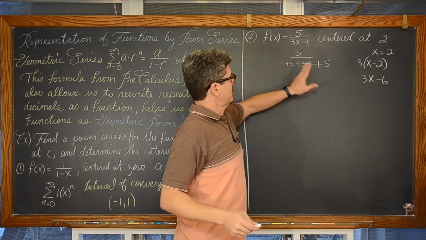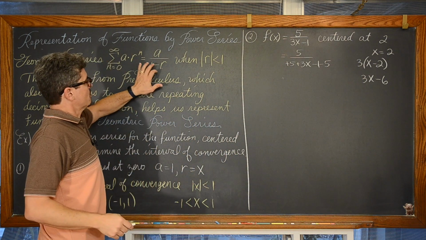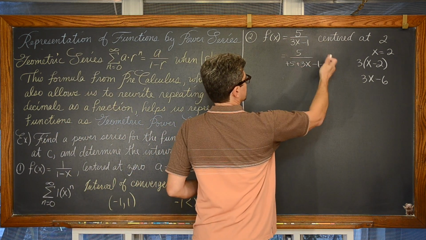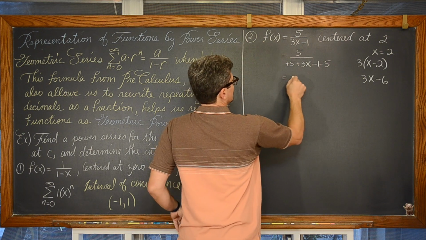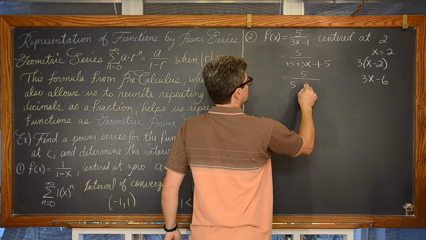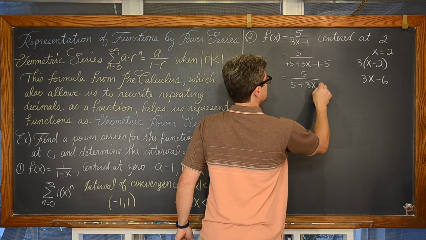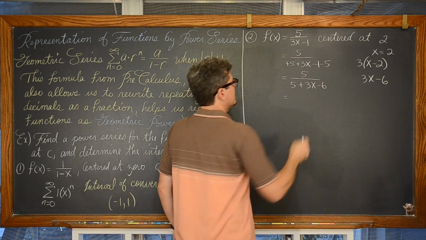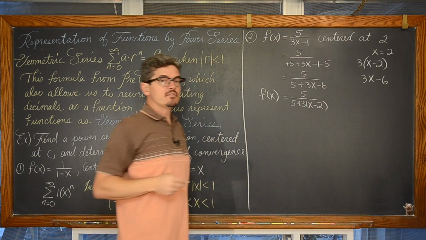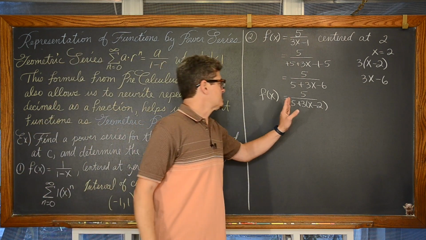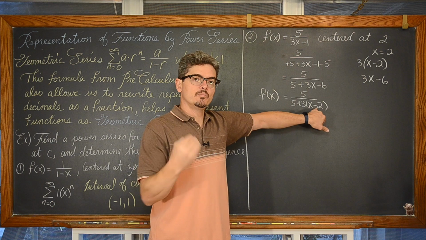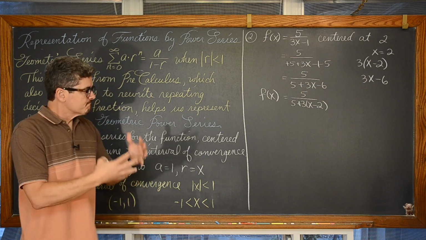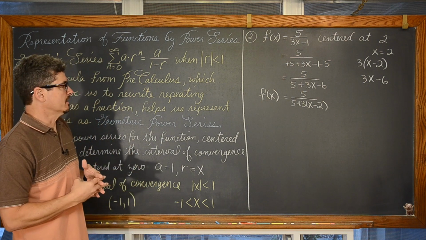Maybe I should just write plus 5 over here, but I'm trying to make that constant, or that value of 1 minus r, show up in the denominator. So I'm going to write that plus 5 out here. So a plus 5, a minus 5, that balances out. We have 5 over 5 plus 3x minus 6. Factor out that 3. Sweet. Now we get f of x is equal to 5 over 5 plus 3 times x minus 2. We have that x minus 2 factor in the denominator, showing that we're getting close to having some function with that centered at 2 idea in there.